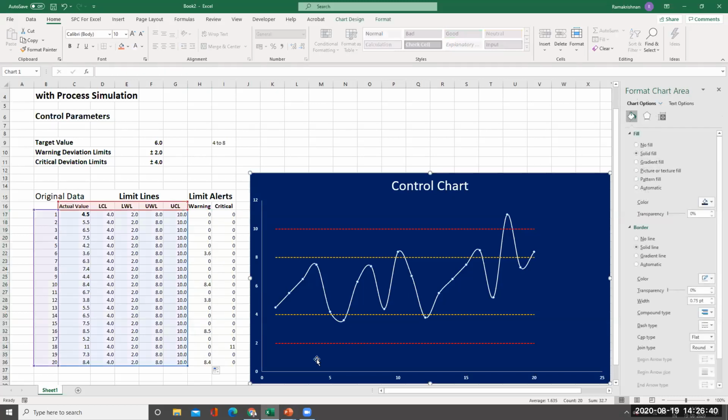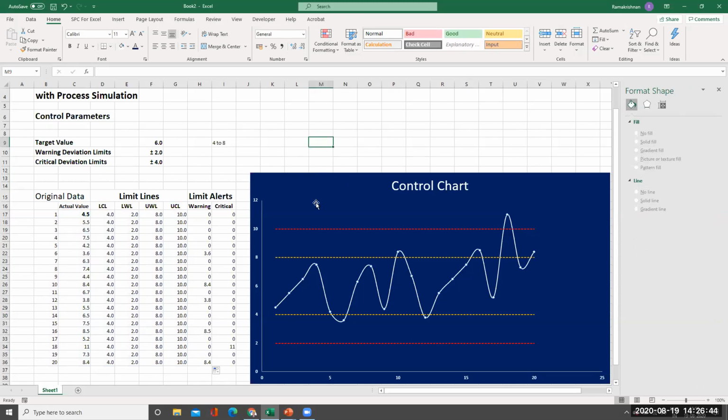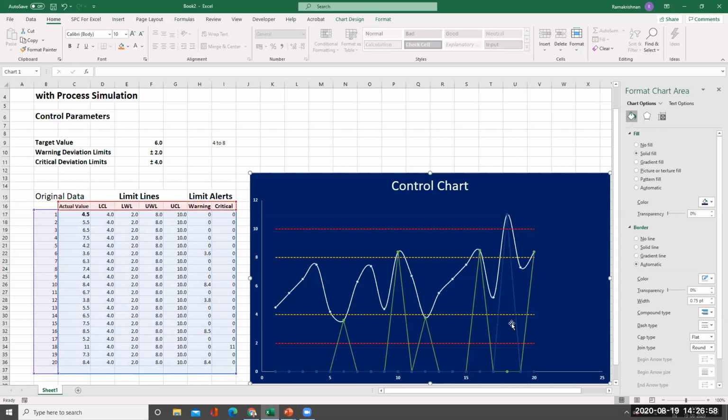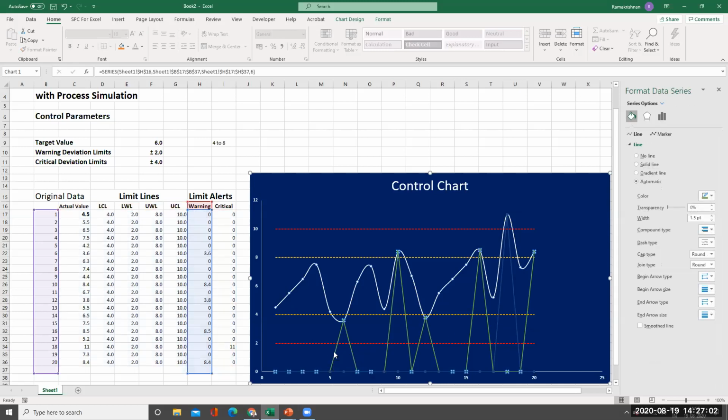You know the procedure. You select this control chart. You know what I did? I just went inside and then clicked it. Then the data is shown here, shaded. I'll go down to the bottom right corner, press shift, and then add the 2 columns. Leave it, you can see the lines here. Now I'm going to have this decorated.